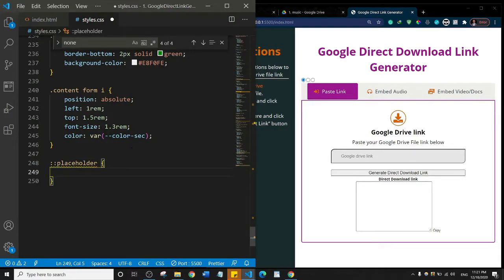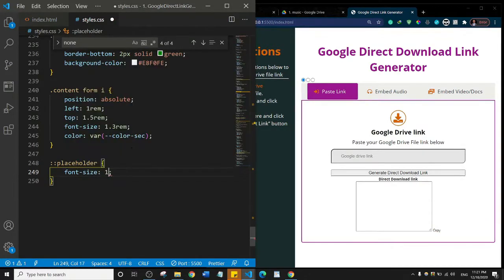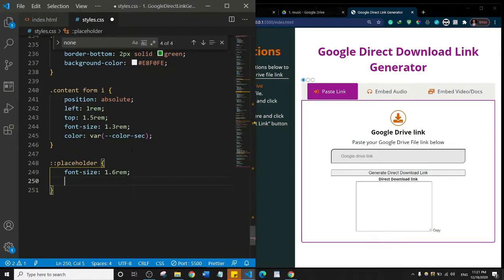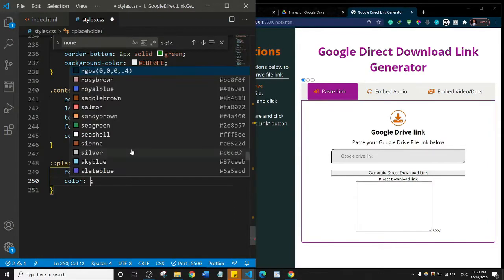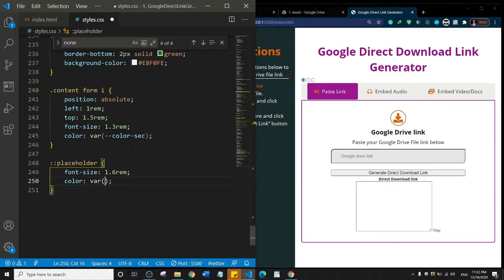So let's do placeholder, and I'm just going to set the font size to 1.6 rem, and I'm going to set the position, maybe not the position, the color. So I'll set the color to dark gray. So that's var and dark gray. Okay, so let's target the embed code area here. So I'll just say dot